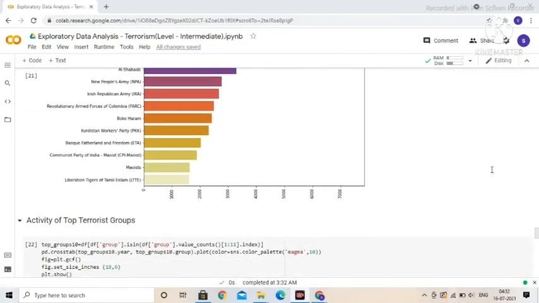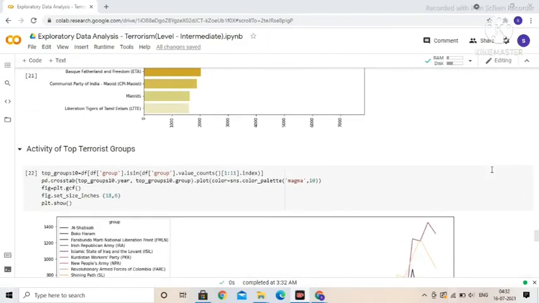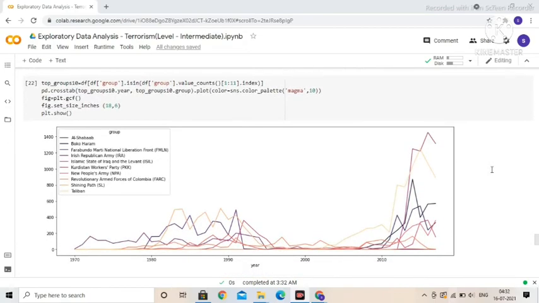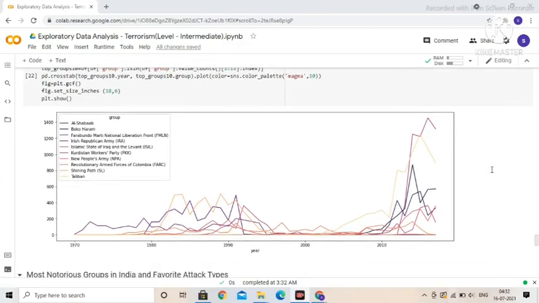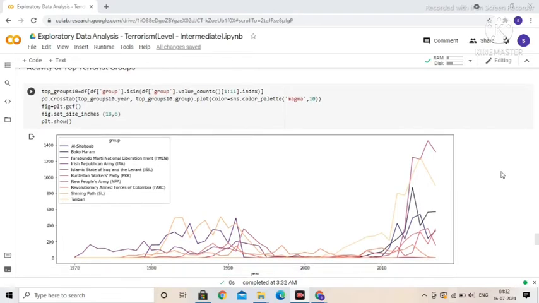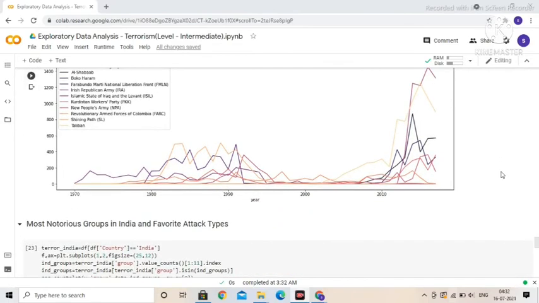After this, we have to get the activities of the top terrorist groups. This is the graph which we have plotted on the top terrorist groups which have the most activity. We can see that Al Shabaab has the most terrorist activities in the years after 2010.